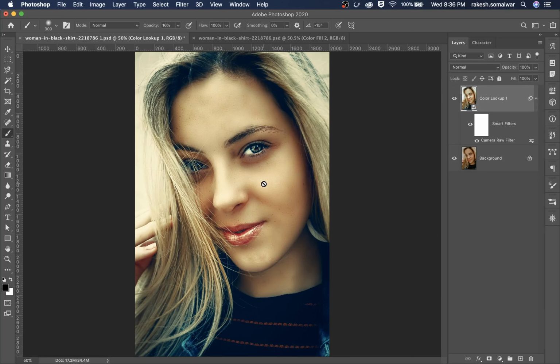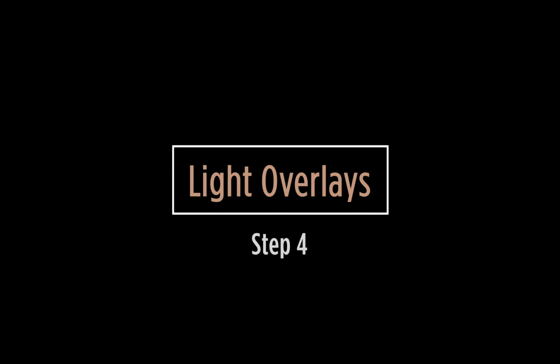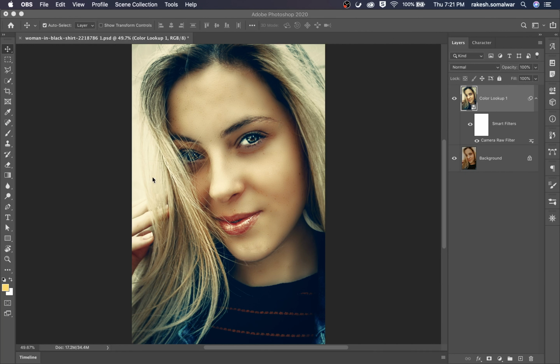Yeah, now I want to add light overlays. Light overlay, step 4 and the final one. I want light coming from here.